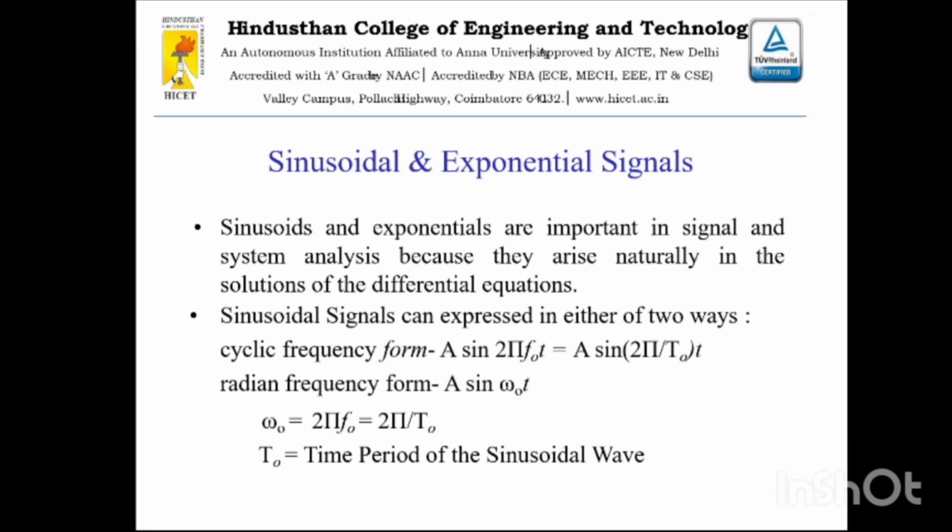Next is the sinusoidal and exponential signals. Sinusoids and exponentials are important in signal and system analysis because they arise naturally in the solution of differential equations. The sinusoidal signal can be represented in either of two ways. The first is cyclic frequency, and the other is radian frequency. The radian frequency is denoted as omega naught. Omega naught is equal to 2 pi f naught. Here T naught is the time period of the